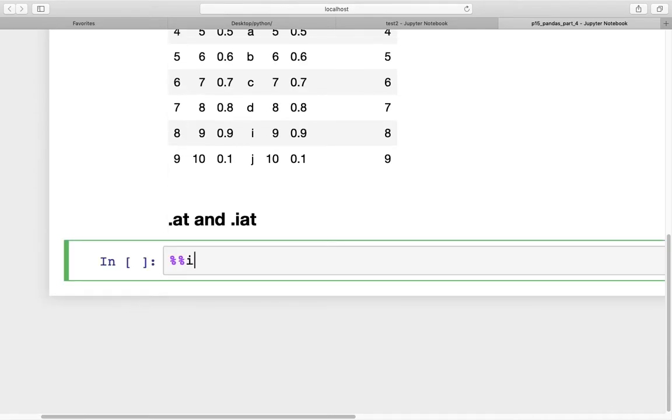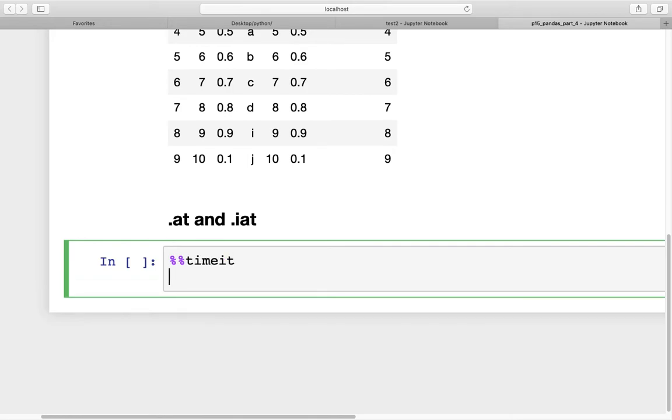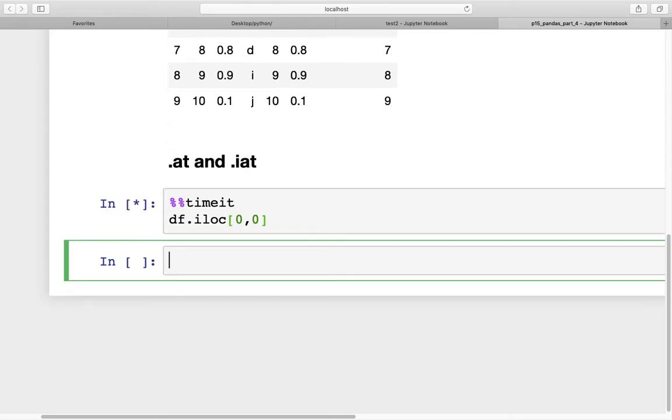So we'll use timeit to check how much runtime iat has versus iloc. In this particular series that we have, let's use the data frame. If we pick a value from, say, position 0, 0, for this we want to use iloc because we are using indices. So 0 is for the row index, 0 is for the column index, and when we run this we'll get the runtime, and this is timeit